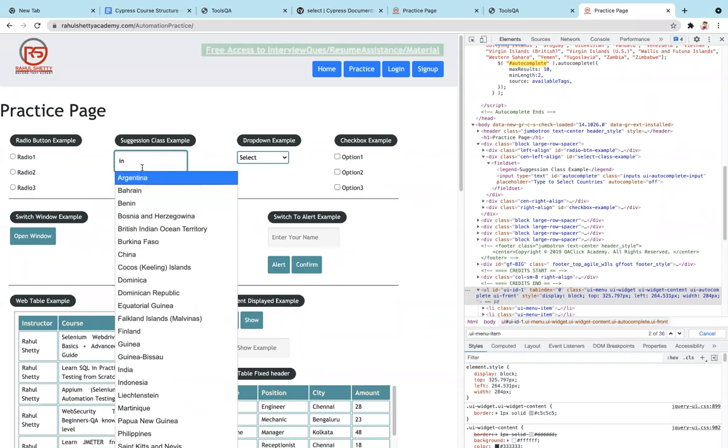It is going one by one, verifying the text. So when it reaches this element, China, there I verify that the text is China, yes, confirmed. So click this element only. Cypress at that time is 100% sure I want to click this element only, and that's why there is no confusion.